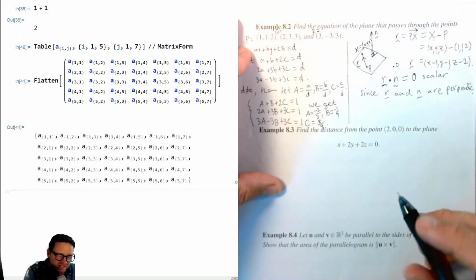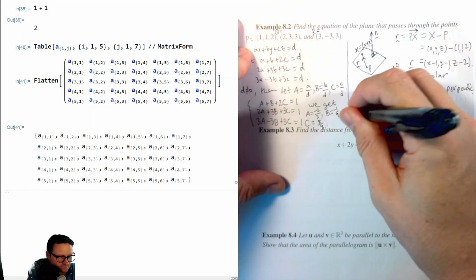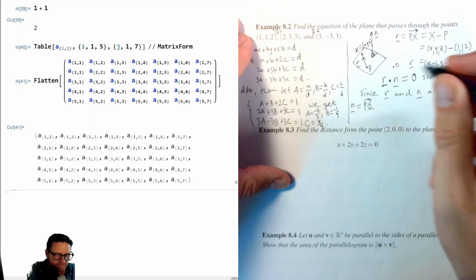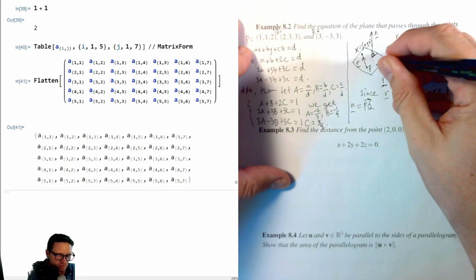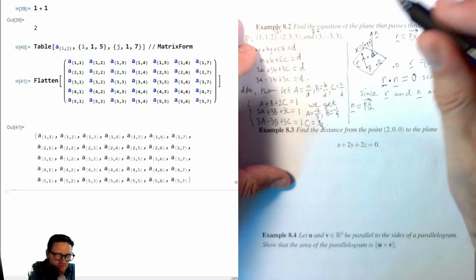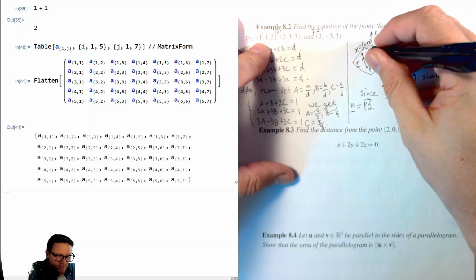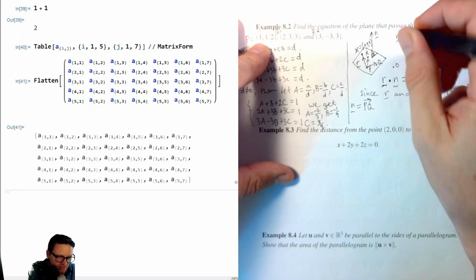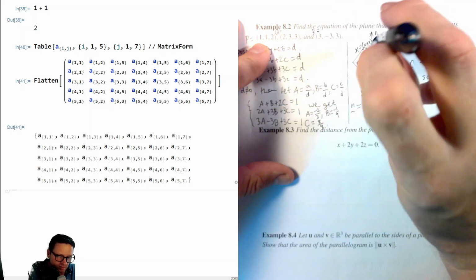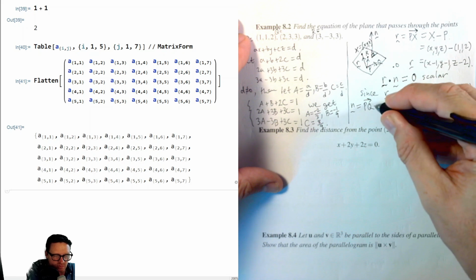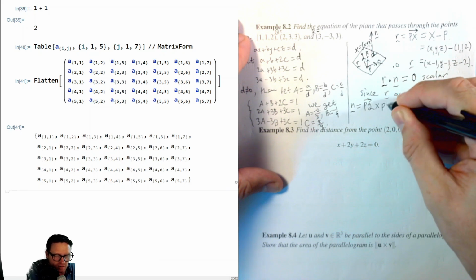Okay, now we can get n by taking a cross product of PQ and PR. Right, so here you might draw Q, for example, and then here you might draw the point R, uppercase R. Okay, so taking these vectors and crossing those, a vector perpendicular to both would be n. So n is equal to PQ cross PR,